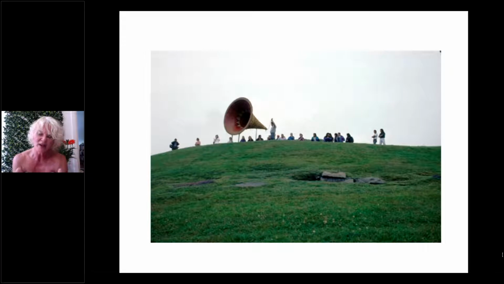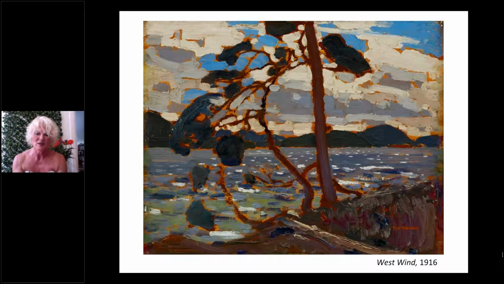It's true, despite the fact that we live in a post-wilderness era, despite the fact that we live not in wilderness mostly, but in cities, despite the fact that we understand now our relationships to the land and to First Nations very differently than Thomson did, these images of his, this one, as well as the Jack Pine, this is The West Wind, become so important to Canadian identity, so important for our understanding of who we are and what we are. Now, that Thomson would spend so much time and paint images like this is remarkable and surprising. Here he is.